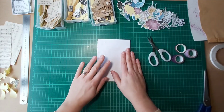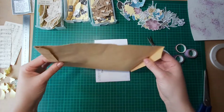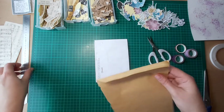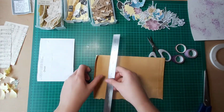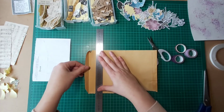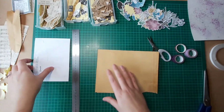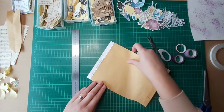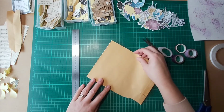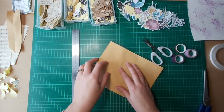So I just need to cover the back, so that can be another journaling space. I have some of this old envelope that I'm just going to use to cover the back, just so again it's journaling space. Again, you don't have to do this, you can leave the back exactly as it is, and then stick it down to the page, and then you obviously don't have to worry. But oh, look at that, that's just going to fit. But yeah, I do want to use this as journaling space, so